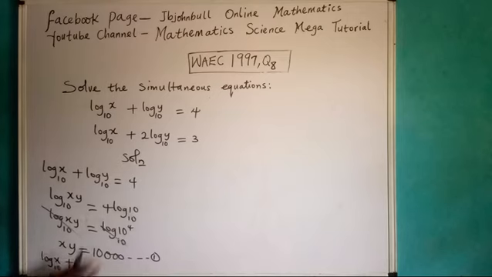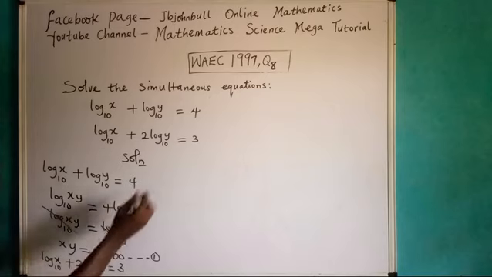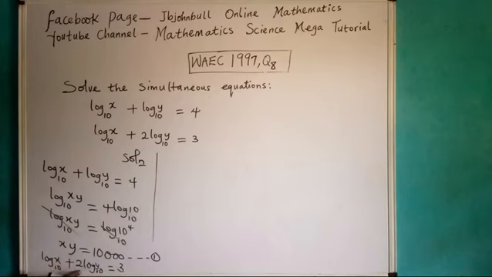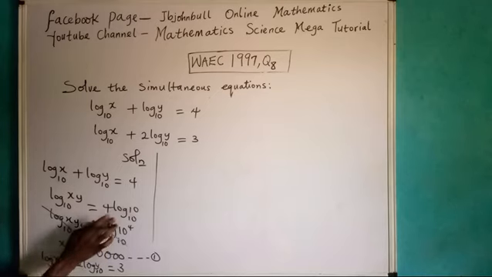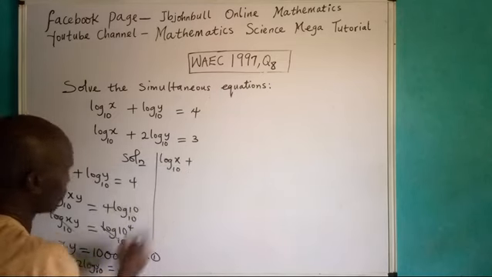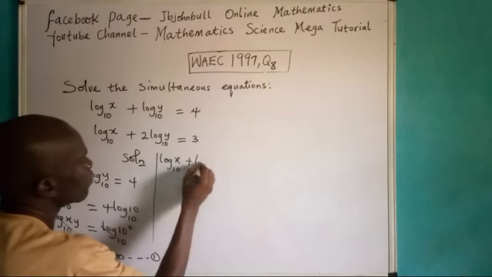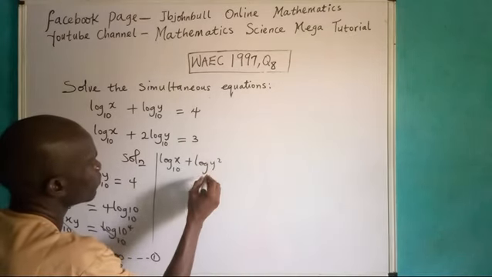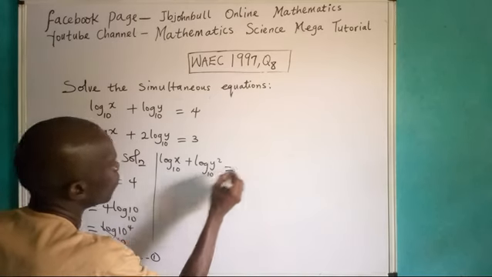Now we have to consider the second equation, and of course we have log x base 10 plus 2 log y base 10 equals 3. Please take note of here: this is y to the base of 10. Okay, we can change the position of the 2 here. I have to take it to the top the way I did here. Here we still have log x base 10 plus, taking it up, I'll have log y squared to the base of 10